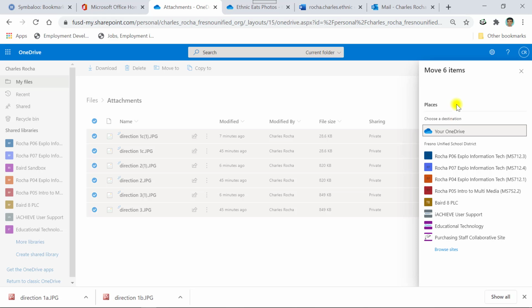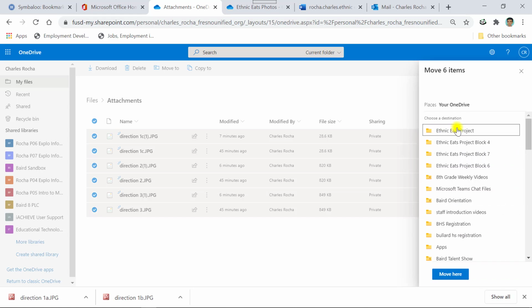And then over here, I get a whole bunch of things. You may not have anything. You may just have the thing that says OneDrive. So you're going to click on OneDrive because that's what I'm going to click on. OneDrive. And then it opens up all of the folders that I have in my OneDrive. You may not have any folders in your OneDrive because you didn't listen to me. Remember? But because you didn't listen to me, you're going to have to go back and make that folder and then do these steps. But because I listened to me, I can quickly find my Ethnic Eats project folder and